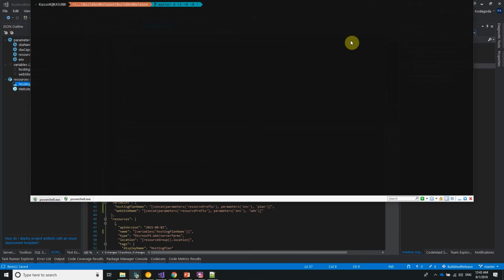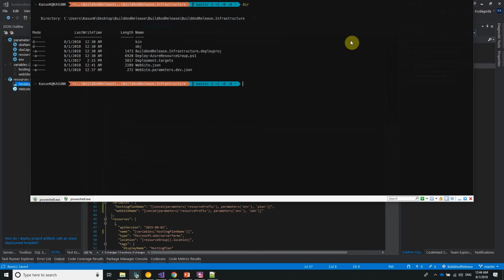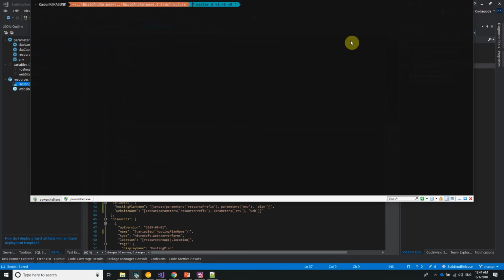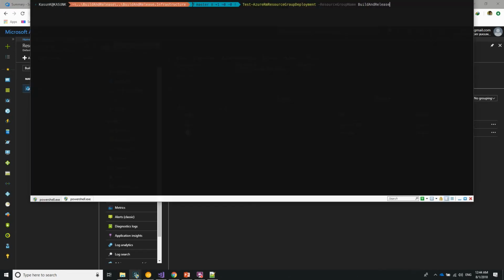Before running this command, I'm going to switch to the directory where the template is available. So the templates are available here. I'm going to type in Test-AzureRmResourceGroupDeployment, and we need to supply the resource group name, which is build and release pipeline. We'll paste that in,